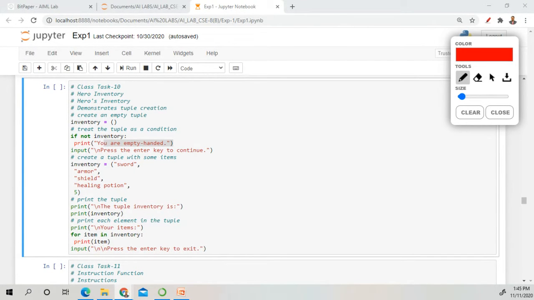Okay, so let's continue from the previous session. We are in task number 10.